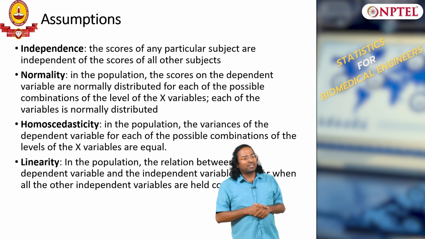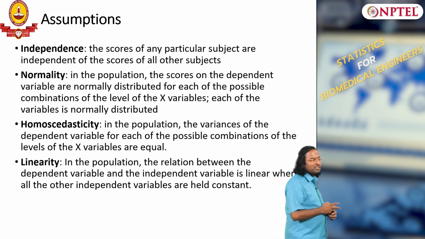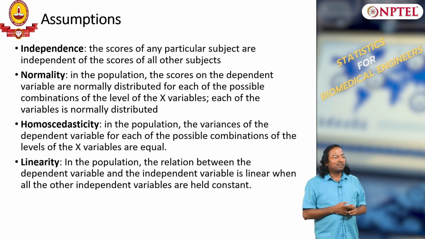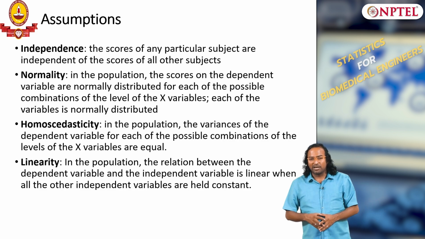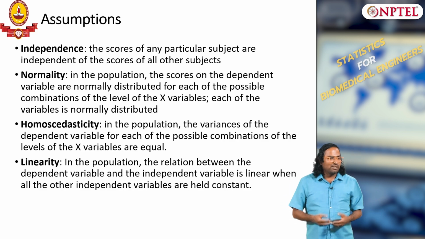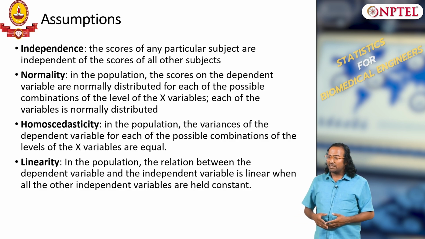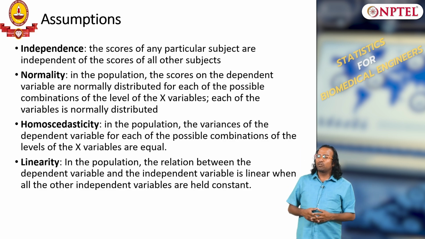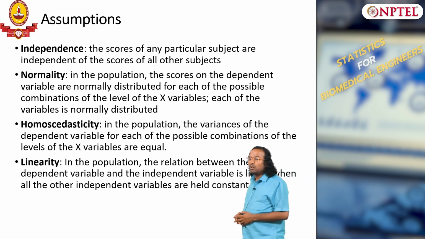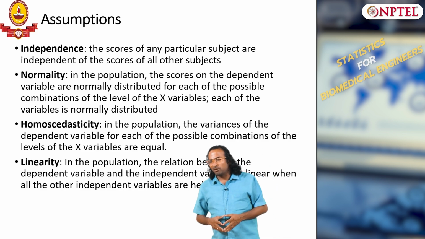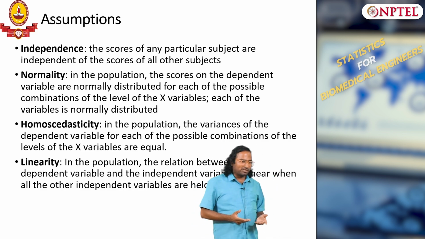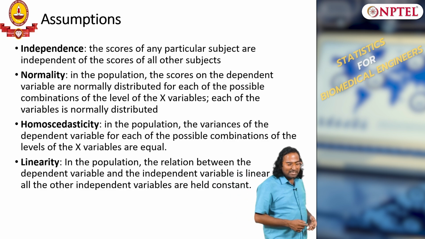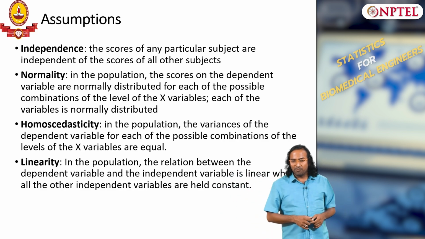If you take everything to be dependent, then you will be unnecessarily biasing the system, meaning you will be overfitting for particular data that will not gel well in the general case. Remember, I told you when I introduced learning, what do we learn? We want to learn general models from particular data. We do not want to learn particular models, then the purpose is lost. So that is why this independence assumption is very important.